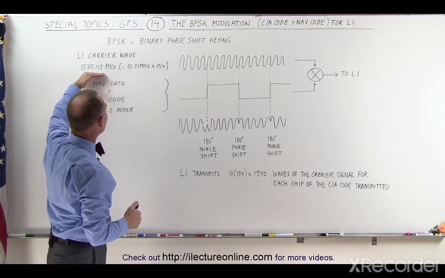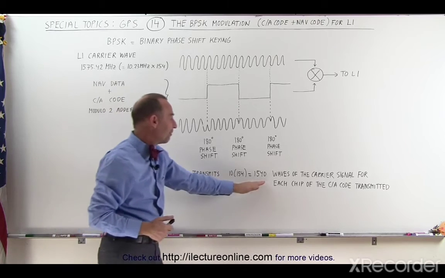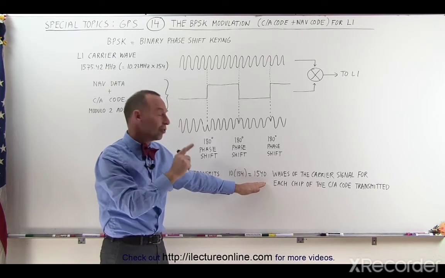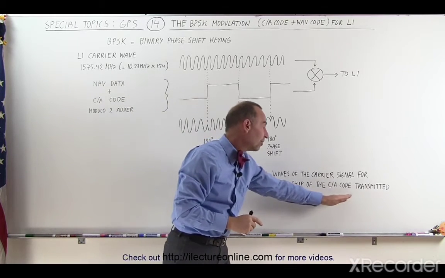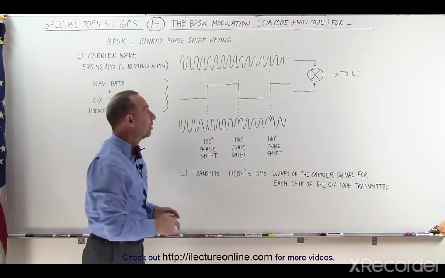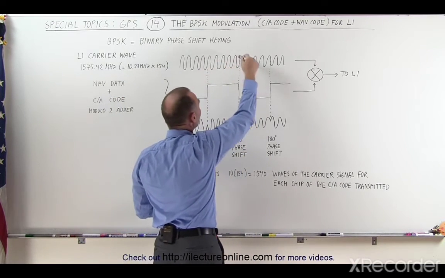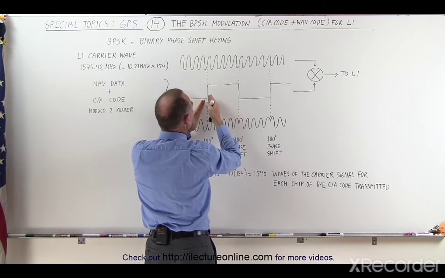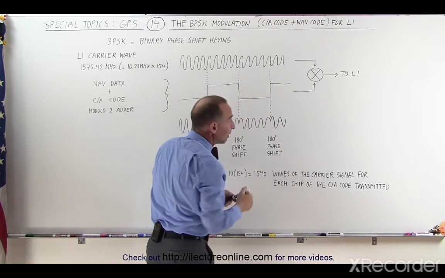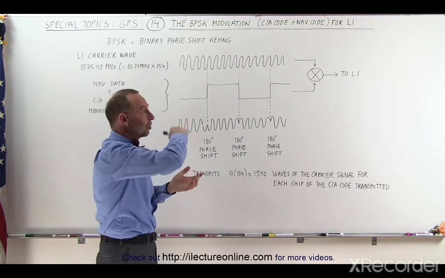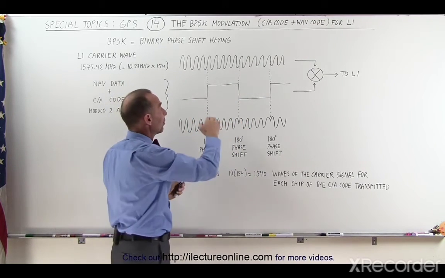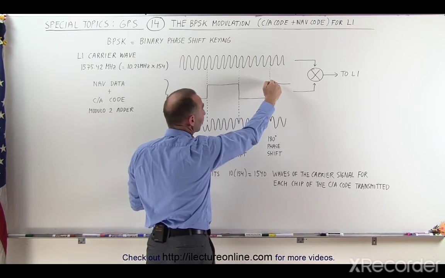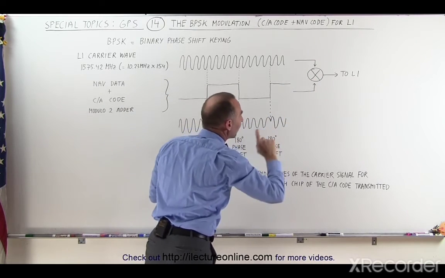Notice that at this particular frequency, we have 1,540 waves of the carrier signal for each chip of the CA code that is transmitted. So we see a whole slew of these waves, and then every 1,540 waves, there could be a situation where we go from a 0 to a 1 or a 1 to a 0. Now, of course, the bit code doesn't just go 0, 1, 0, 1, and so forth. Sometimes it stays at 1, 1, 1 for a while, goes to 0 for a while, but each time there's